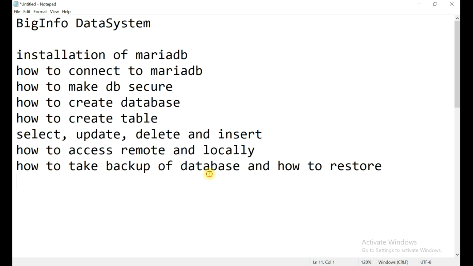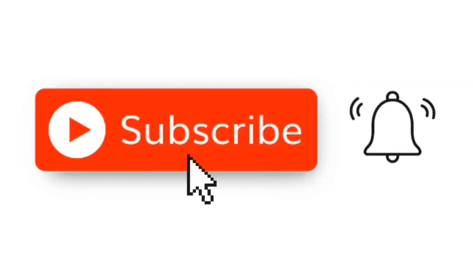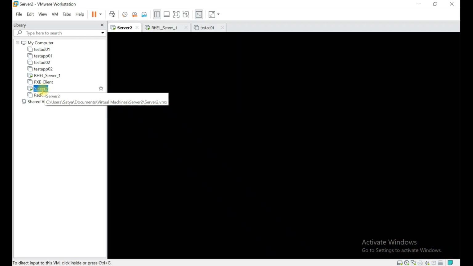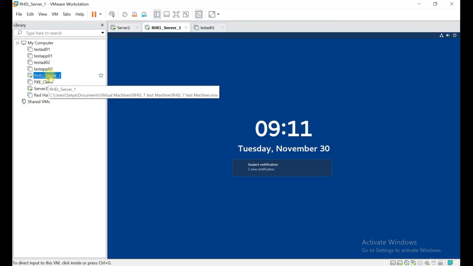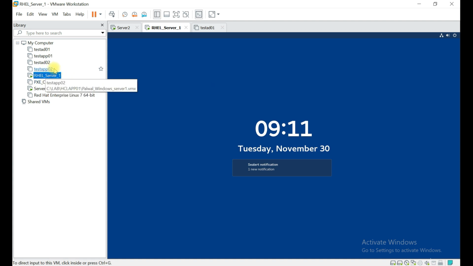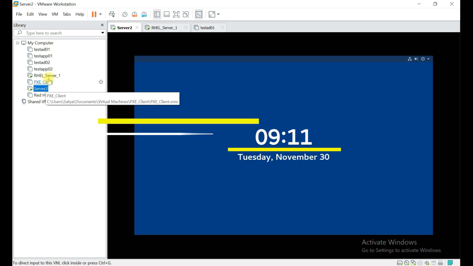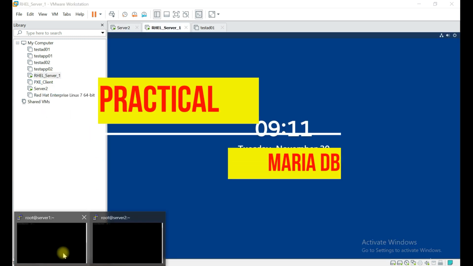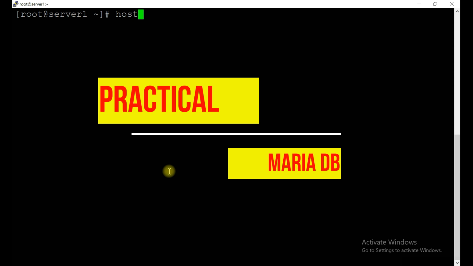Okay, let's start. We basically have two operating systems, server 1 and server 2. On server 1 we are going to install our database and do most of the activity here. For remote access we will use the other server, but that is a later part. We already have this server 1 session open.